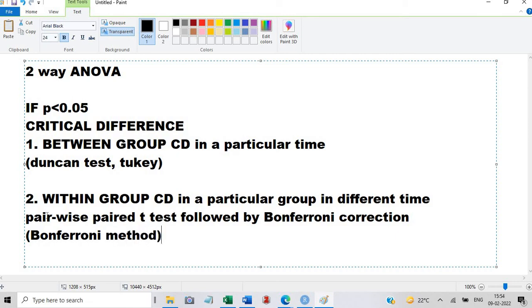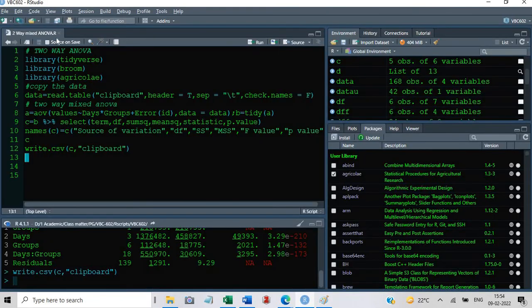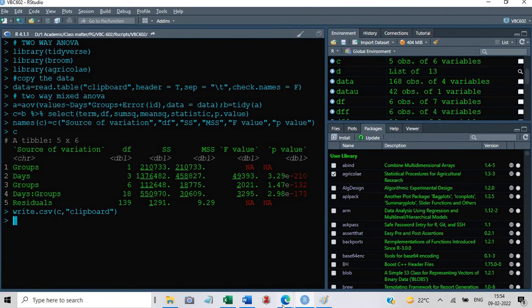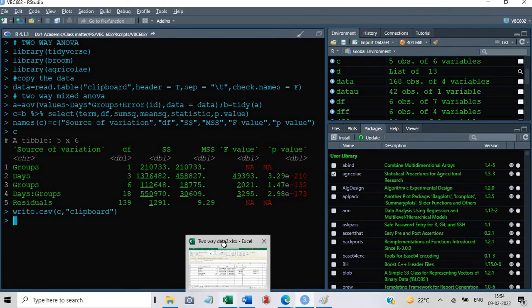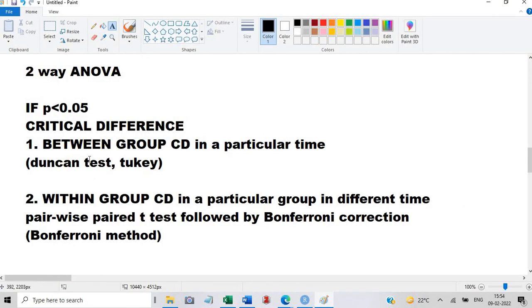I'll show you how to do it. Now I'll close this. First of all, I will find out the between group critical difference.